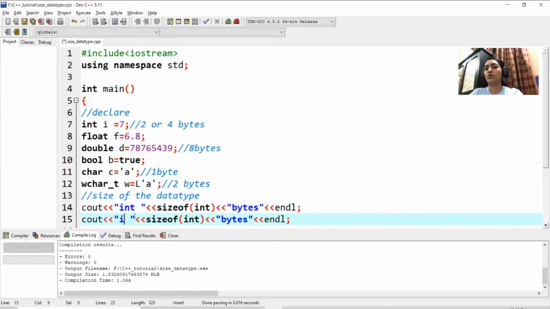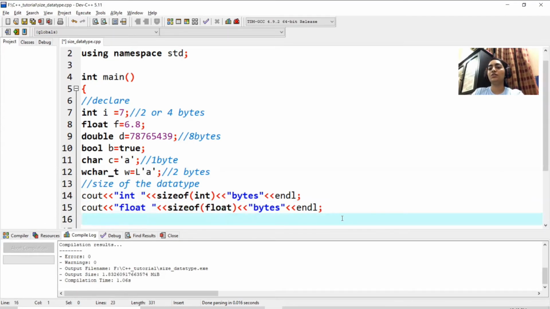For example, I want to know about the size of float. So here I have to write the float data type. Similarly, you can try all the data types which I have declared above. For example, bool data type, then you just need to write bool here, right? The rest you can try on your own.